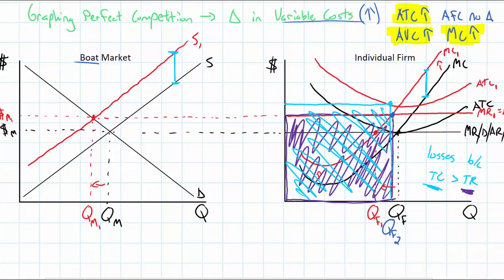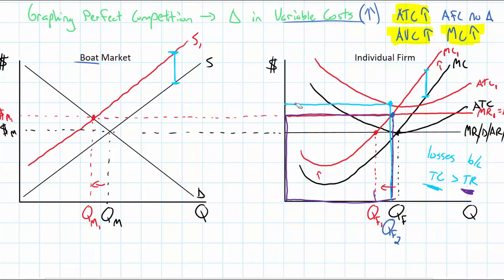So given that, I need to see what's going to happen in the long run. We've got economic losses here. Let's see if I can erase most of this. We have economic losses. And so what's going to happen is firms are going to exit the industry. And that's how we get back to our long-run equilibrium. Our cost curves have increased by more than the price. And so we are now faced with losses. So what will happen now? Firms are going to exit the market, and I'm going to end up with a new